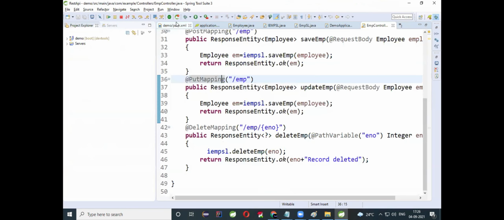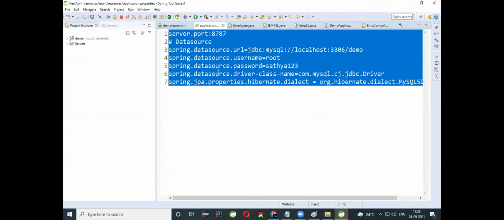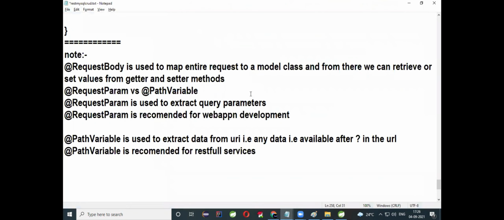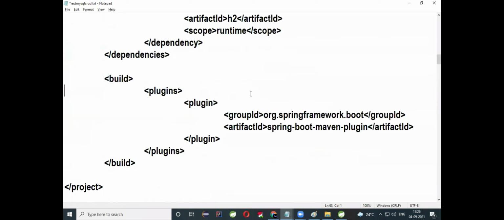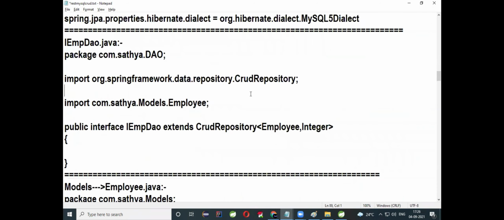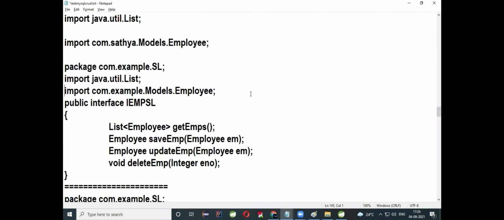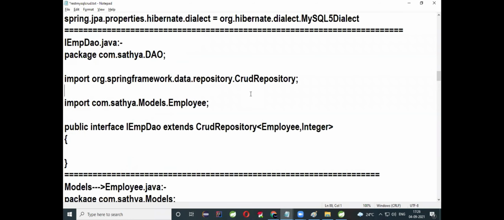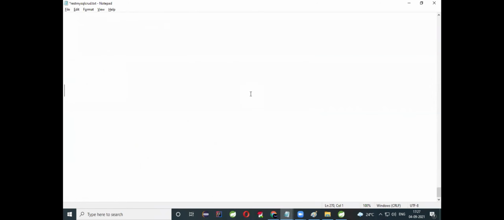After creating the service, the remaining setup was done in the last session. application.properties we have written, yes or no? We registered the driver class name, dialect, all this stuff, under the application.properties file. Then the model class is ready, the service layer is ready, the implemented class is ready, the DAO layer is also ready, and the controller is ready. Now how to test the service?